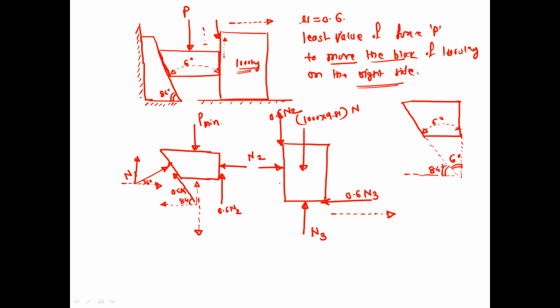Okay. So consider the block 1000 kg first in the free body diagram. Find out this normal reaction N2 and then consider the free body diagram for the wedge. Okay. From the free body diagram of the wedge, find out the P minimum. So this is the procedure to find out the minimum value. So the important part in the wedge friction is we have to decide the proper impending motion. Okay. So depending on the impending motion, we can decide the direction of the frictional forces. So I hope this problem is clear.